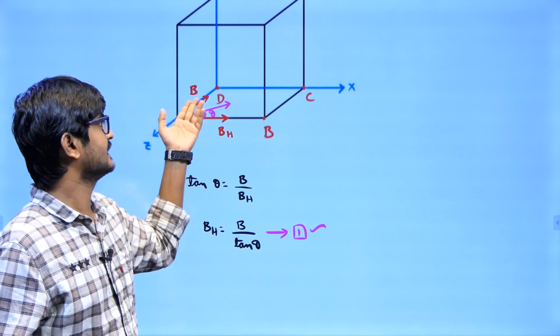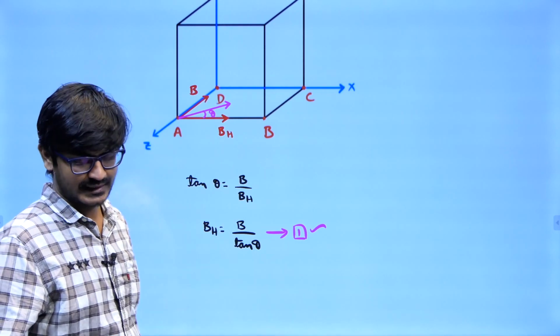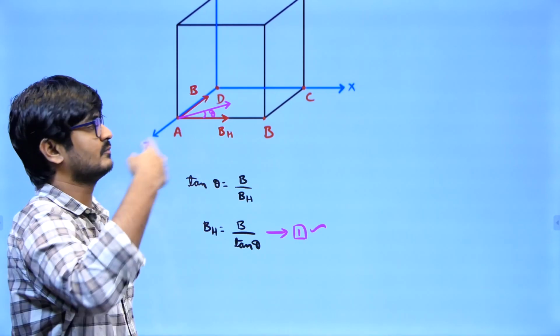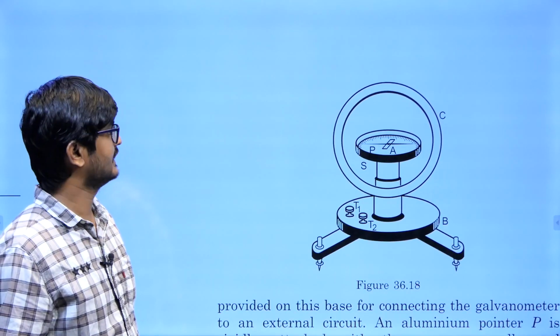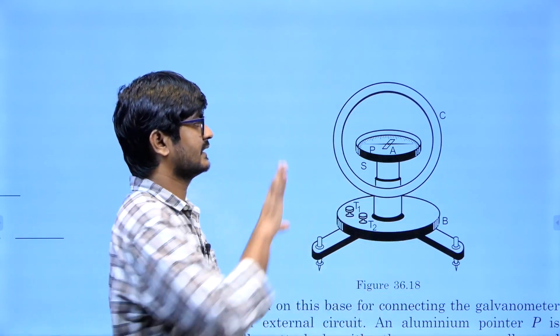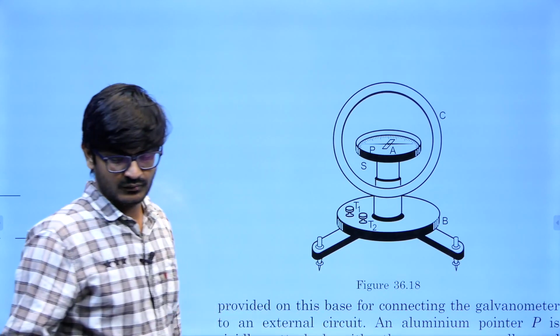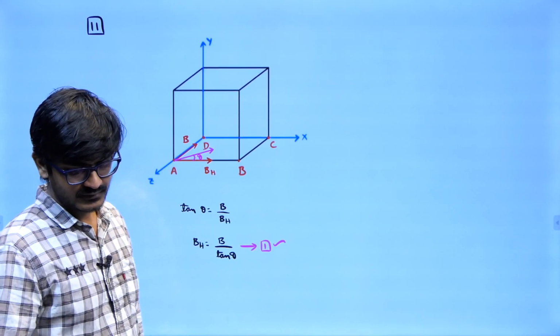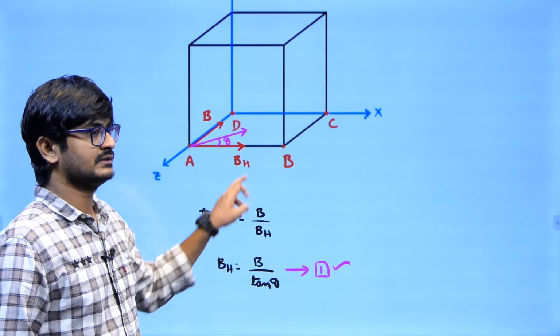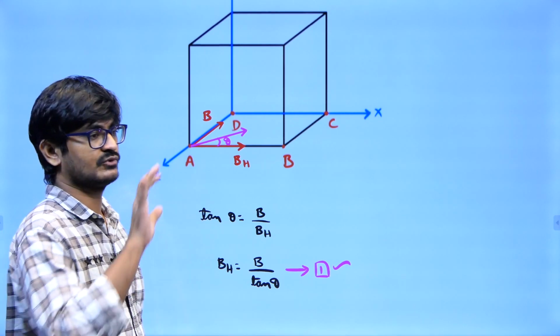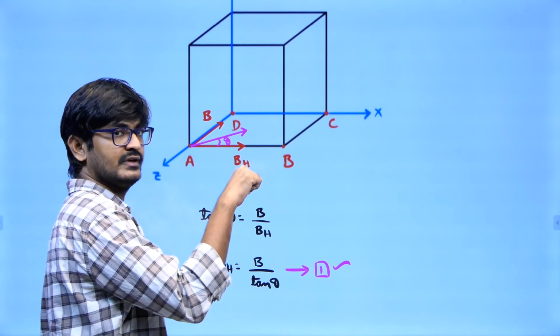Here the known thing is the current that we are passing through the galvanometer. When you pass the current, you can create some magnetic field in this direction. You don't know BH, so what you are trying to do is pass some known current so that you can create some known field, and you can